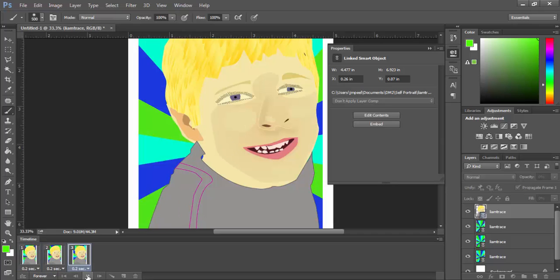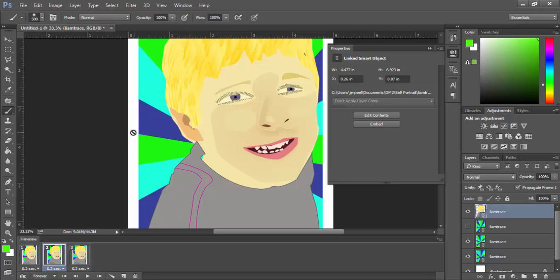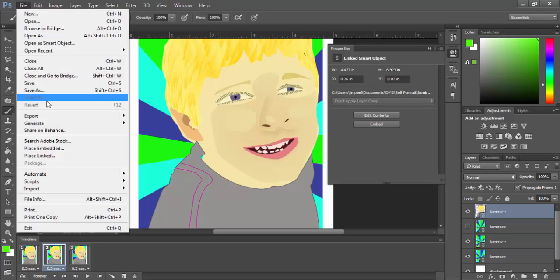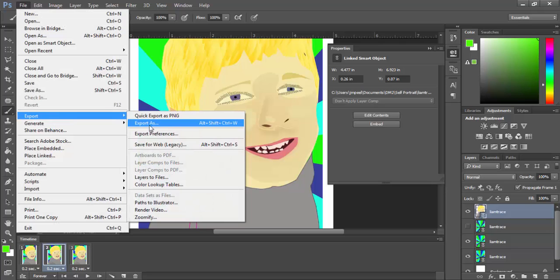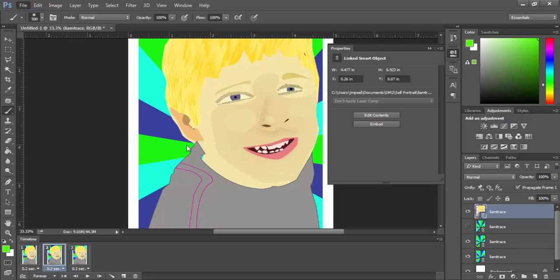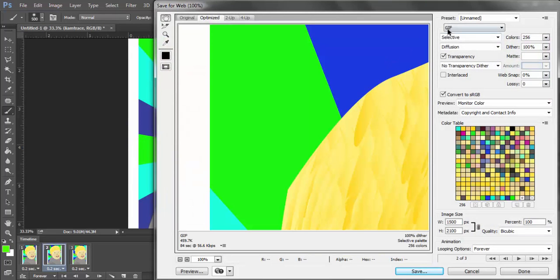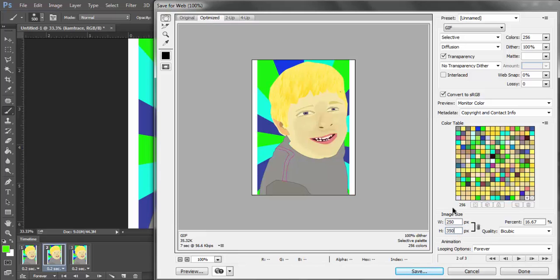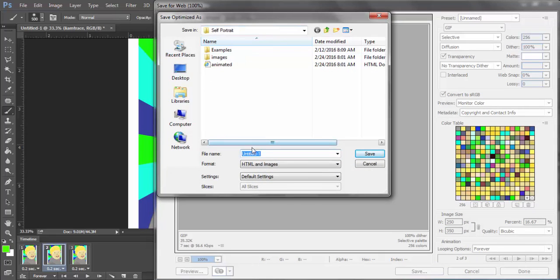The next and last thing that we need to do is save it. And what we need to do is File, Export, and Save for Web. And when we save for web, we want it to be a GIF. This is also where you can go and change the size, and I'm going to go 250 pixels, and it's linked, so it will automatically update the overall size and bring it down a little bit. I'm going to hit save. I didn't change anything else. I just changed that one little piece,